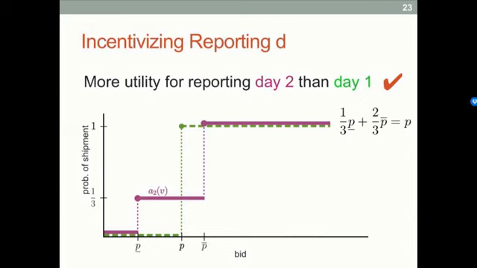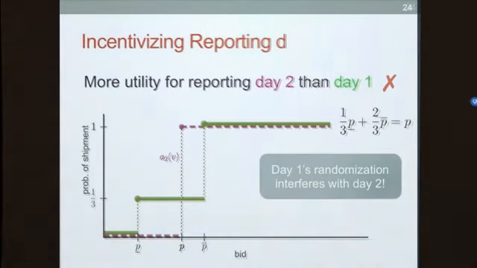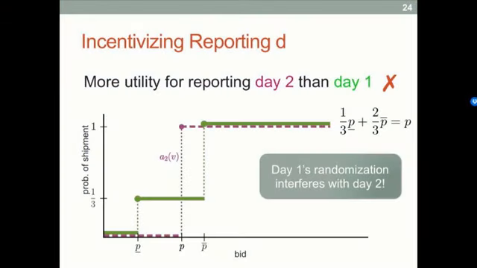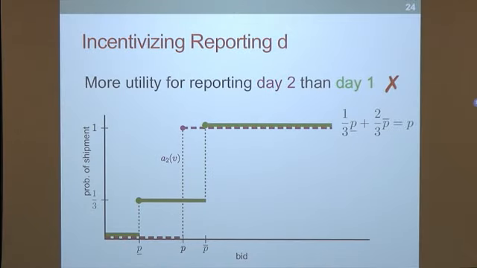We can randomize and set the same expected price with the randomization on day 2. However, if we switch it, we're still offering the same expected price. We can no longer do this because it violates our incentive compatibility constraint. Here we have more area under the green curve than under the pink curve, right? So why is this? If you're using that example, you're randomizing over $3 and $6 on day 1 and setting a price of $5 on day 2, then someone with a value of $4 and deadline 2 is going to report deadline 1 because there's a chance that they'll get the $3 option and they can pay for it, whereas they'll never pay for $5 or $6.